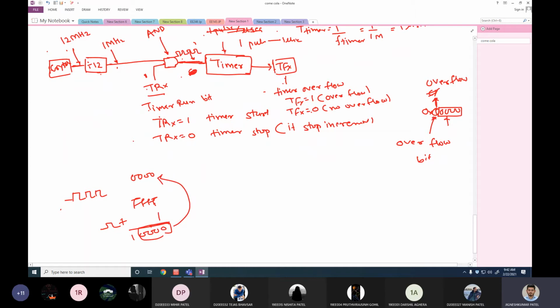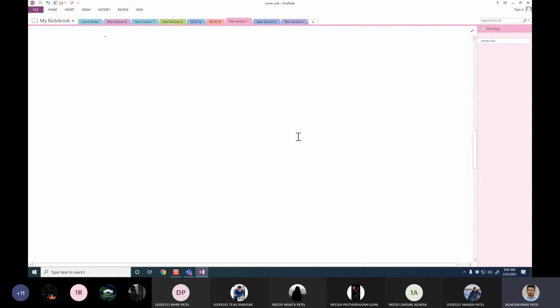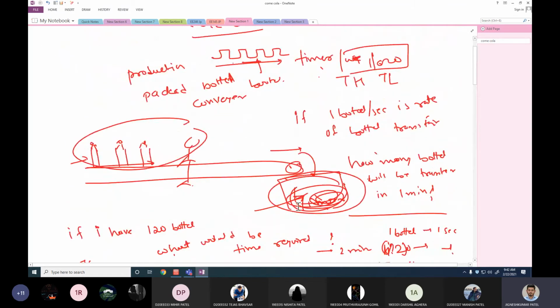So again, you are losing the whole thing. You are losing 2 bytes of data, not 4 bytes, and that information is very essential. Let's go back to the example of the Coca-Cola bottles dropping here. Let's assume this is a container, and if the container is filled up with 1 lakh bottles, this container goes out and a new container comes in. So what's the production of the day? Would you say it by looking at just the new container, or will you also look at the old container? Answer me.